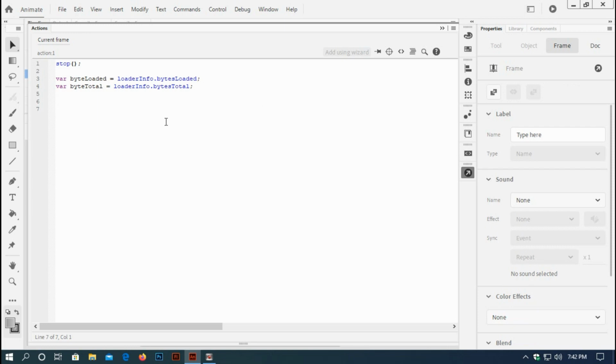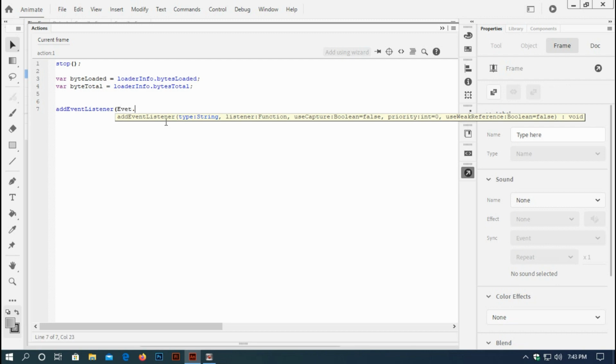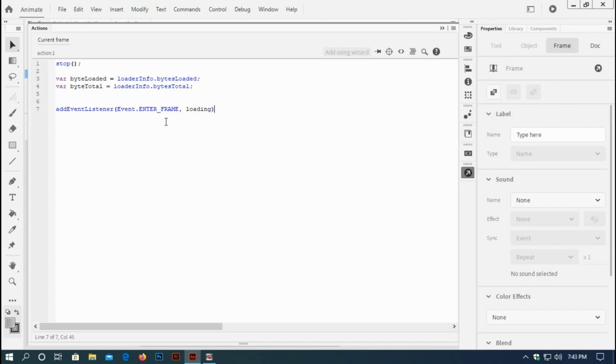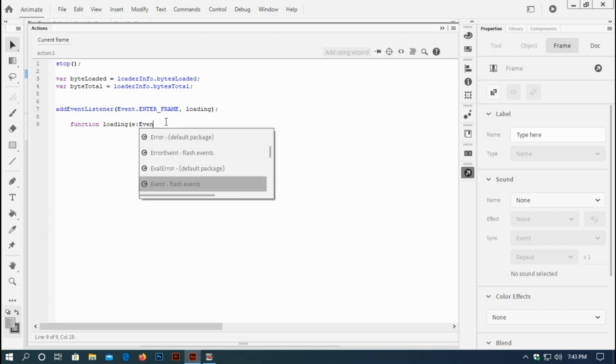and then I'll make an event listener, and that will be an enter frame event listener. addEventListener, Event dot ENTER_FRAME, and the function name should be loading. And now I'll create the function loadingEvent, and